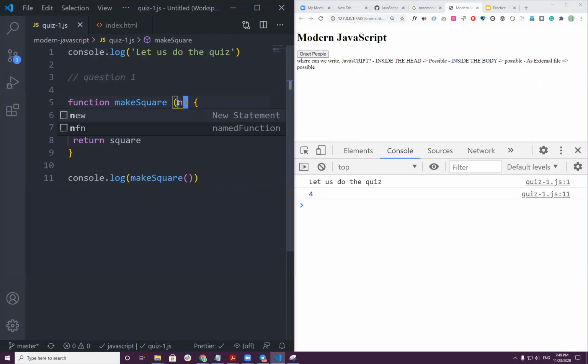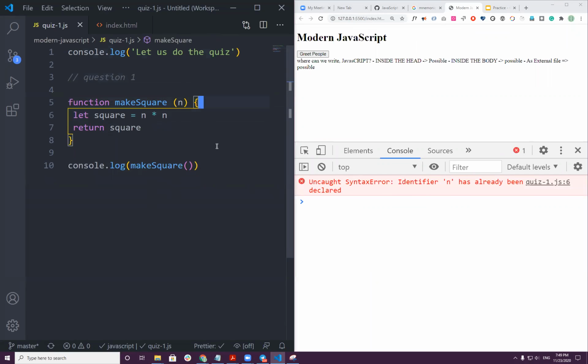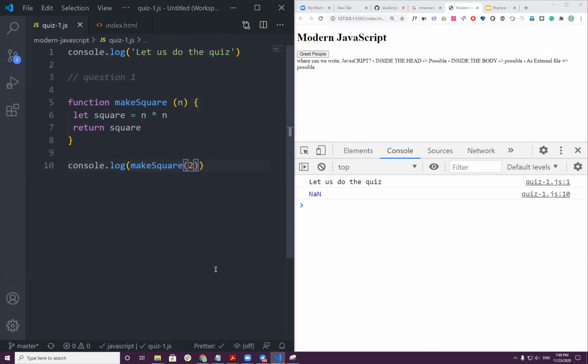Instead, we should pass a parameter, and then we don't need this one, and we calculate it like this. So we have to pass the parameter here. If we pass 2, we should get 4. If we pass 3, we should get 9. Are you following me? Is it okay so far?